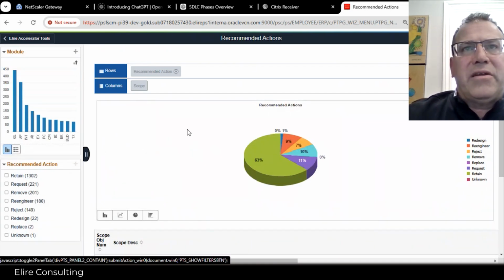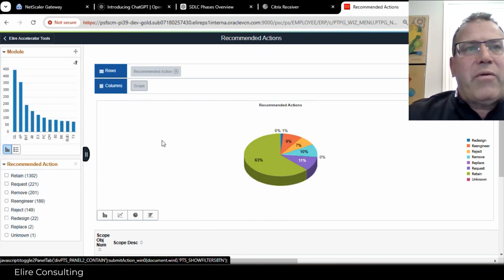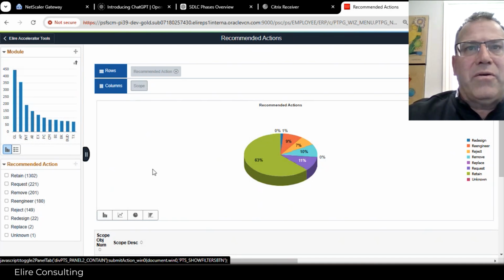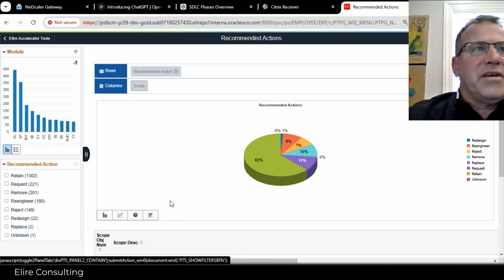recommended actions that the team, not only Elire but Elire along with their customers, alongside them, would make decisions on how we want to address certain customizations as part of the project effort. We can track how we're trending as far as those decisions go. This happens to be a holistic view in this pie chart. So we're looking at only retaining about 63% of customizations overall,